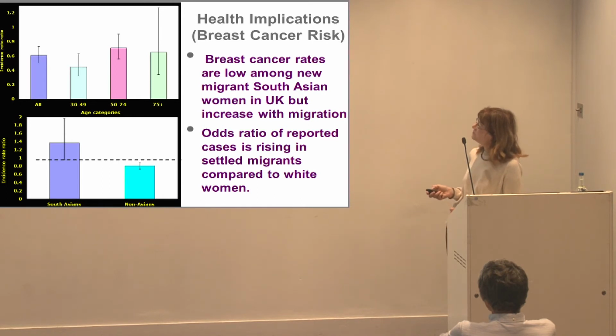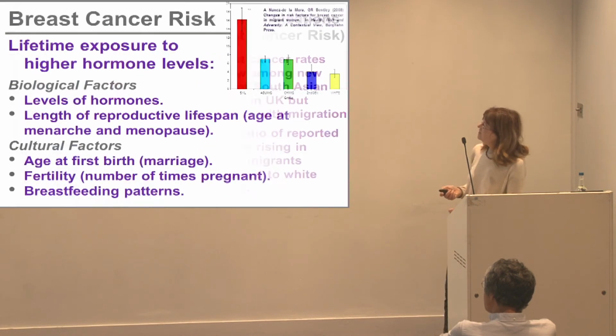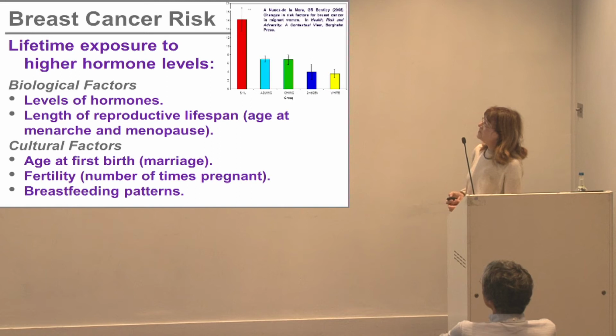In terms of health implications, we know, for example, and this is just looking at odds ratios, whether South Asian women of different ages, in their own home countries, are at risk for breast cancer or not. The odds ratios are lower if you're a South Asian in your own home country. Once you move to Britain, this slide from one study shows how your risks go up. And in terms of breast cancer, your risks depend a lot on lifetime exposure to higher